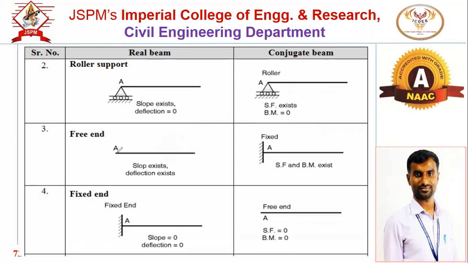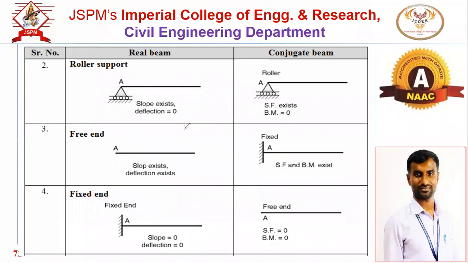चेंज कुठं असेल? If this is the free end, cantilever beam असेल एखादा. आता हा point A आहे, हा तुमचा free end आहे. So if a free end is there in a beam, then that free end will change to the fixed support. फ्री एंड असेल तर काय होणार? Fix support होणार तिथं. ठीक आहे. And if there is a fixed end in a real beam, म्हणजे problem मध्ये जर fixed support दिला असेल तर fix support काय चेंज होणार? Free होणार. आणि free end असेल तर तो होणार fix support. So this is the change.